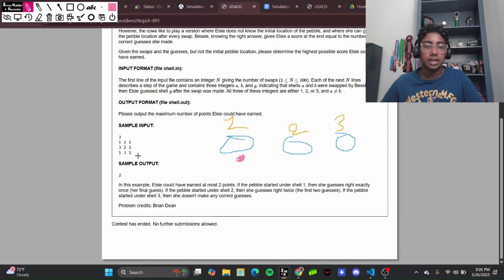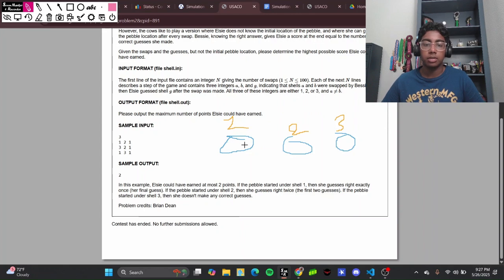And now Elsie again guesses that the pebble is under shell 1. This time this is true, so you get 1 point. And that would be Bessie's final score if the starting location for the pebble was under shell 1. Okay. Now, how our solution is going to work is that since we don't know the original